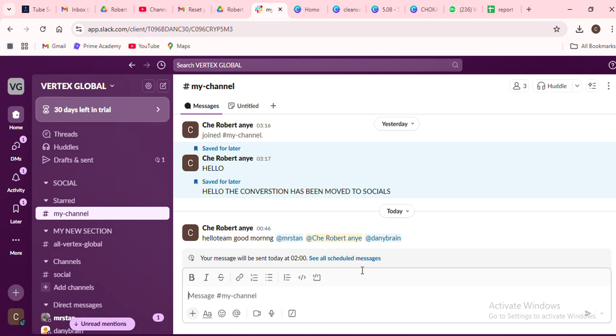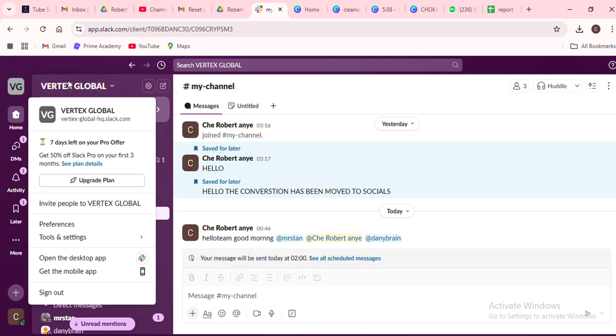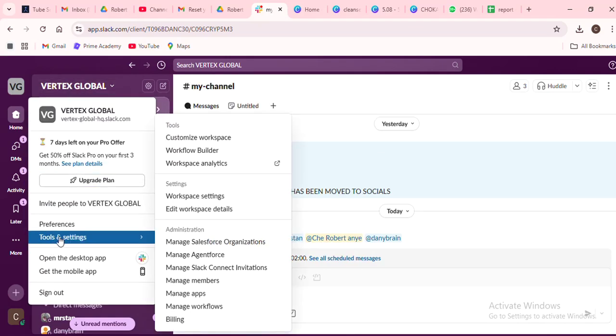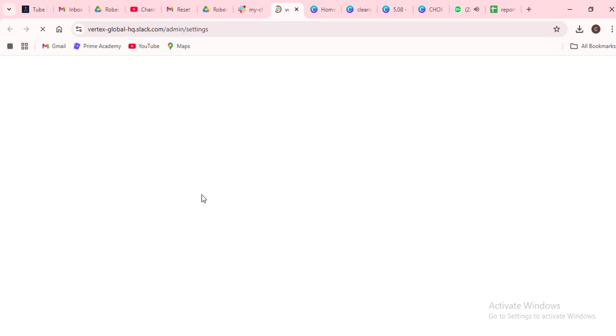Next up, navigate to the main menu by clicking on your workspace name located at the top left corner of your screen. This will open a drop-down menu. From this menu, select Settings and Administration, then Workspace Settings. The reason we do this is to get to the section where we can manage and change owner settings for